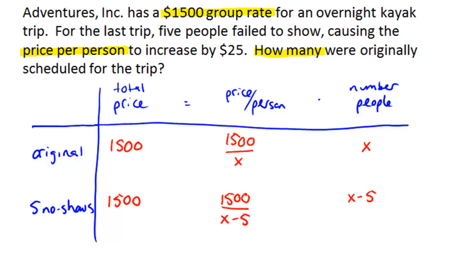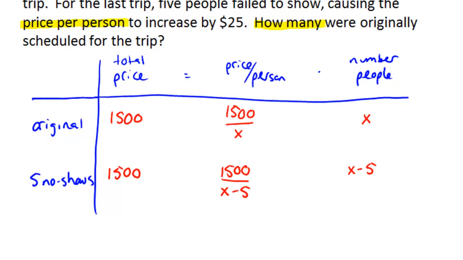And then the question becomes, how do we set up the equation? So I'm just going to scroll down a little tiny bit. I will draw your attention to one little bit of the word problem, which is that the price per person increased by $25 once the 5 people failed to show. So that's going to be our equation relating the price per person in each case and the extra $25. So I'm going to go down a little further